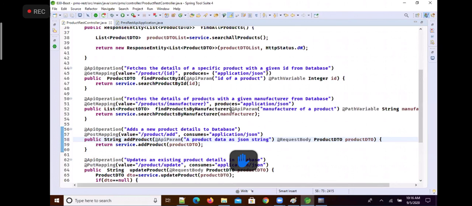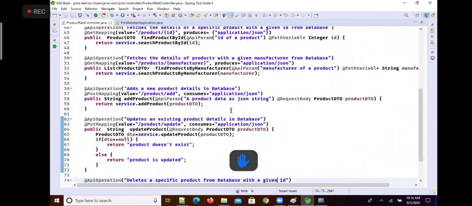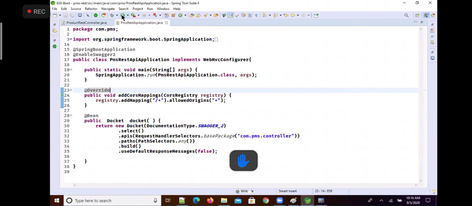I'm writing it like this now: a product data as JSON string. Like this you can write for all the parameters. So with the new annotation, ApiParam, added, we'll start the application to check whether the params are affected or not.